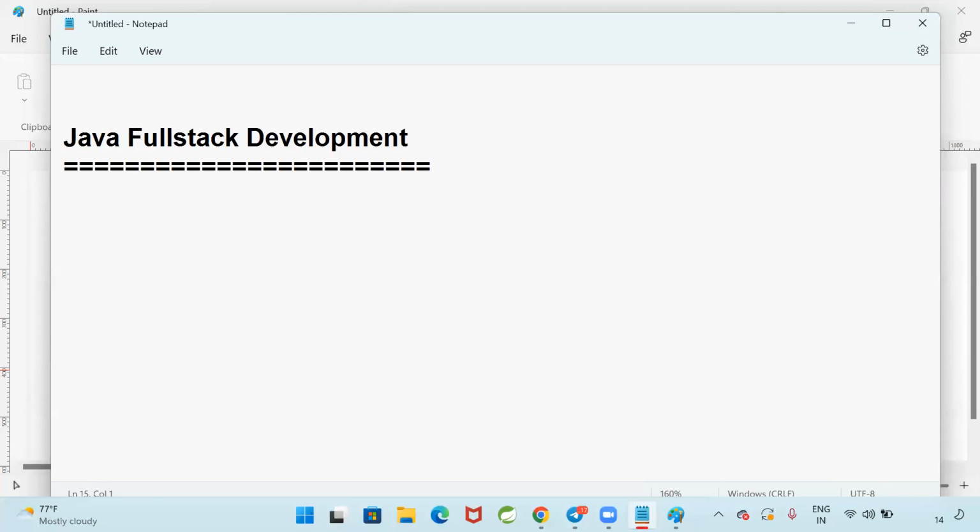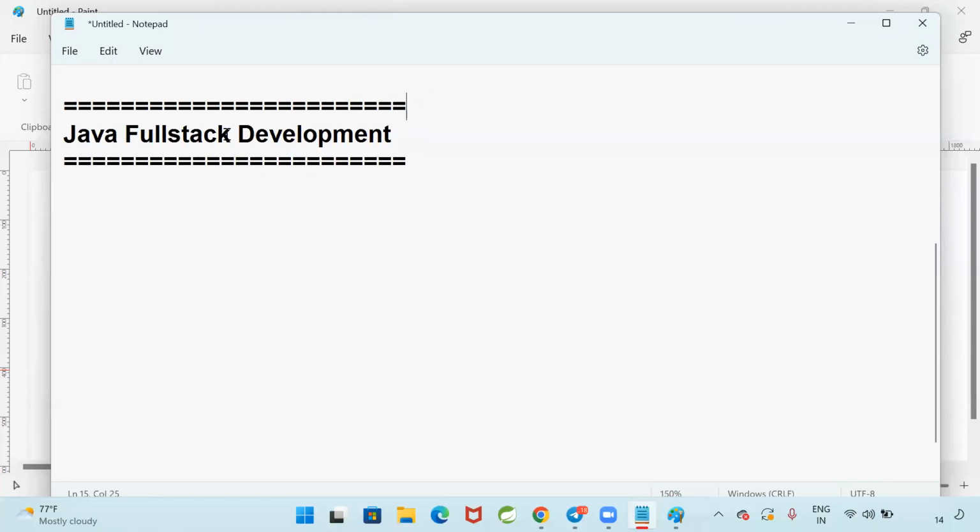Now, sir, as part of this full stack development, if you want to attend this Java full stack development training program, what are the prerequisites? Can anybody learn this full stack development, or do we need to know some programming, or do we need to have any prerequisite? The prerequisite to attend the full stack development is your time. That's it. You need not have any programming knowledge. Sir, I am not from an IT background. I am not from a CSE background. Can I attend Java full stack development? Some people may have such kinds of questions.